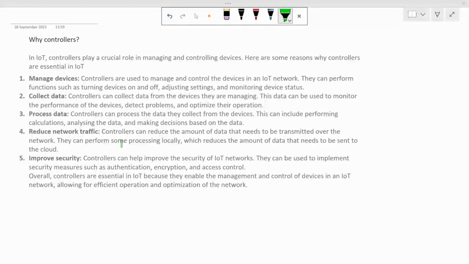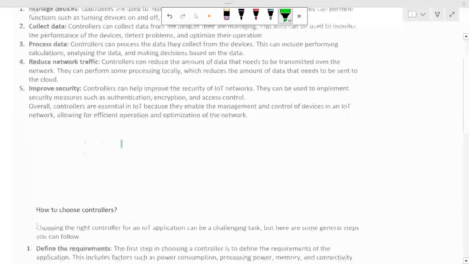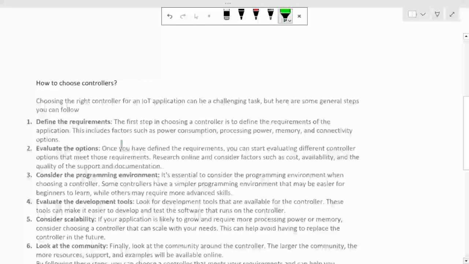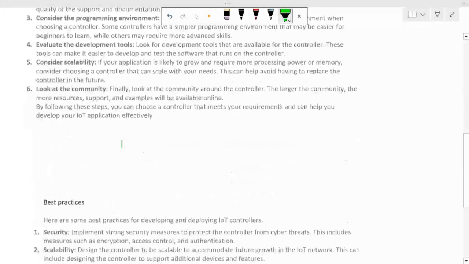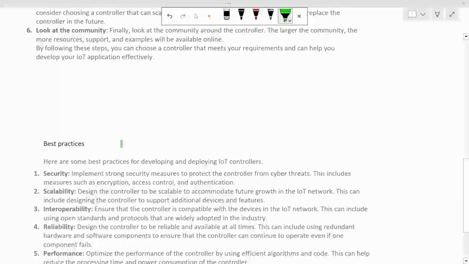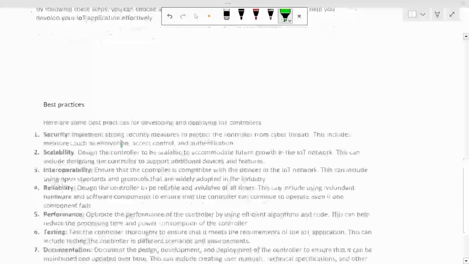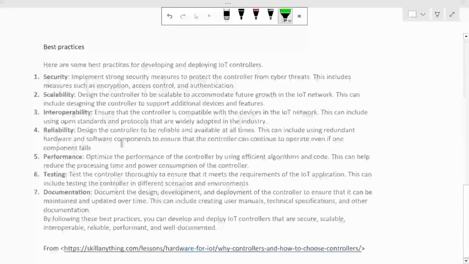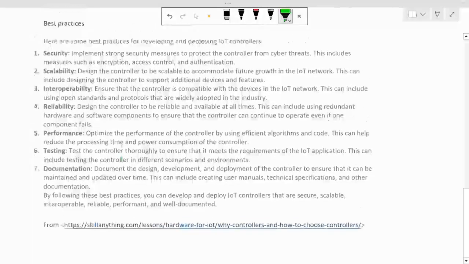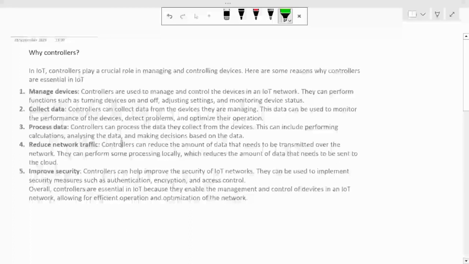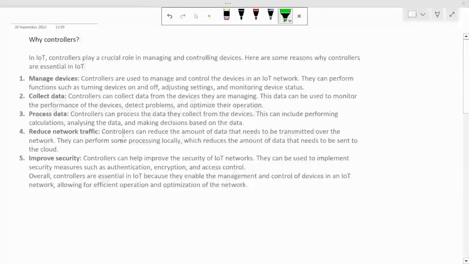After that, we will go through how to choose controllers, and then we will see some of the best practices so that your solutions and devices will be the best and without flaw. So now let's first see why controllers.